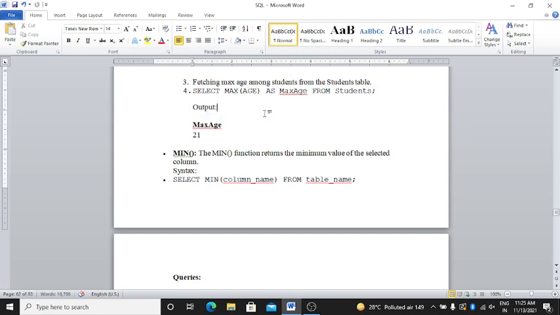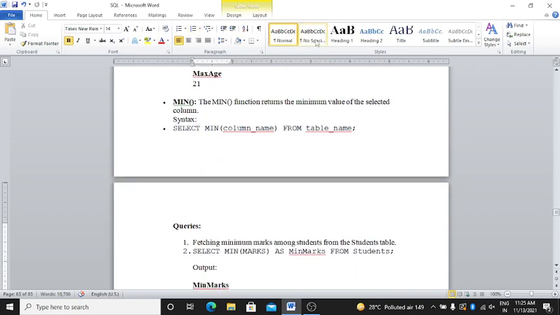Select MAX(marks) as max marks from student. The maximum marks is 95. Clear? Same for max age: fetching the maximum age among students. Select MAX(age) as max age from student. The output is max age is 21. Clear?